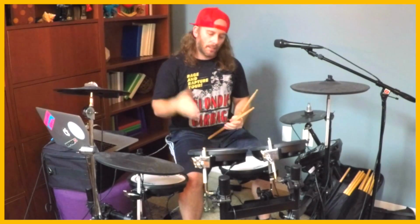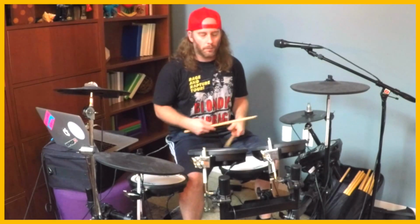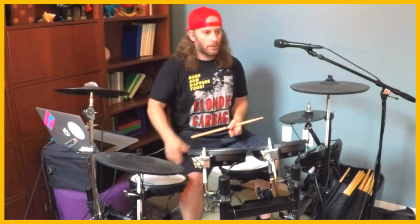So the verse is basically the same kick pattern as we had in the beginning of the song, but now we're playing time with your right hand on the hi-hat, and the left hand is just staying nice and rock steady on a 2 and a 4 with the occasional single stroke fill. So out of the second section, when we're playing the ride cymbal and grooving,